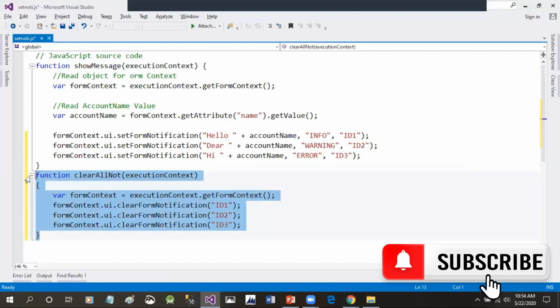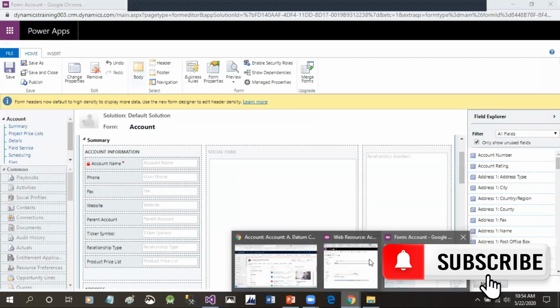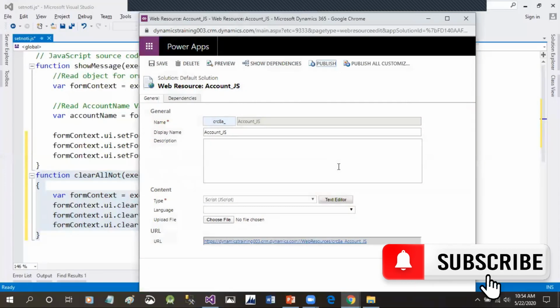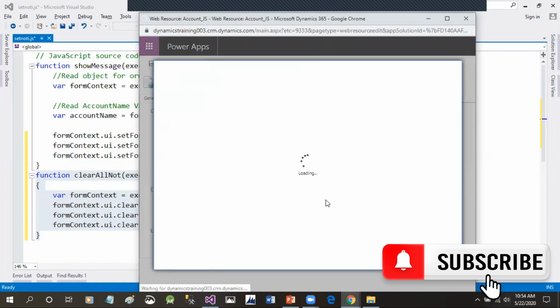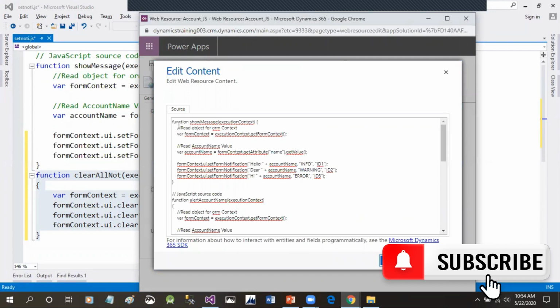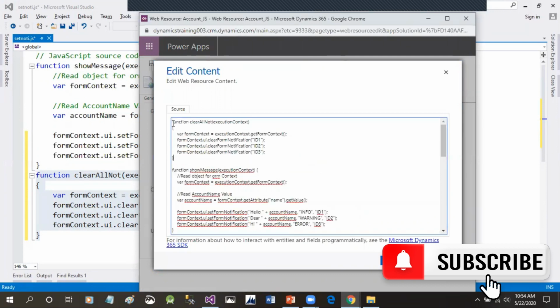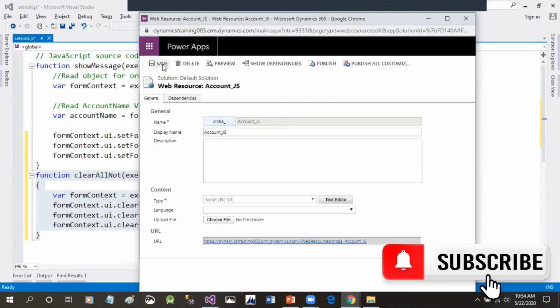I'll take this function and update the web resource. I'll just copy this function name once, because I want to call this function from a field on change. So I have to copy that and publish.